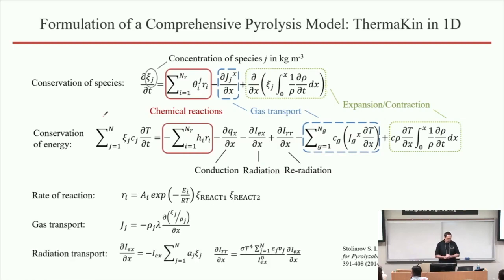And last but not the least, the radiative transport terms. We have this generalized form of Beer-Lambert law right here. The only perhaps difference from the traditional formulations of some of these expressions is that we use the mass-based concentrations as describing the quantities of species. That's why our absorption coefficients are actually normalized by density.